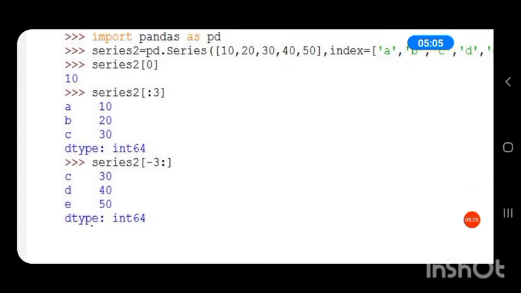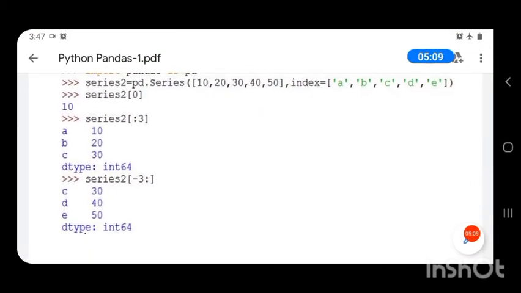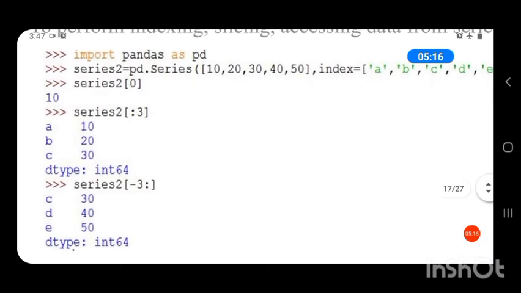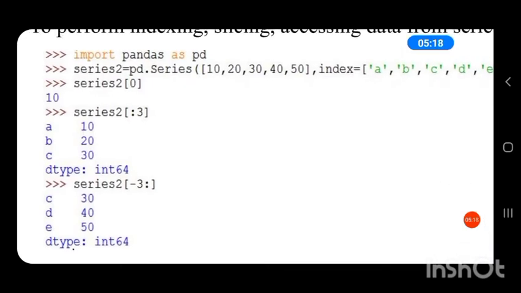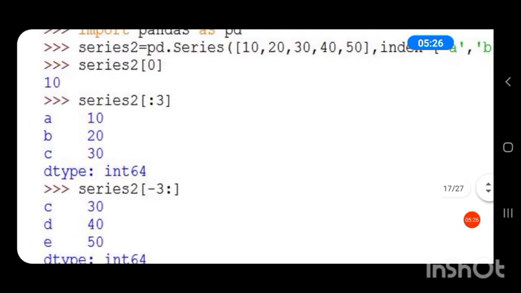Then we have a slice, series 2 in square brackets, start colon stop. Two parameters are there for slicing. The first parameter is the starting position and the second parameter is the stop position. So here in this second case only the stop parameter is given, 3.